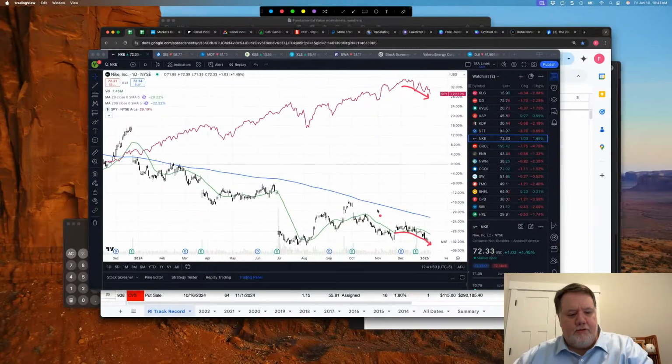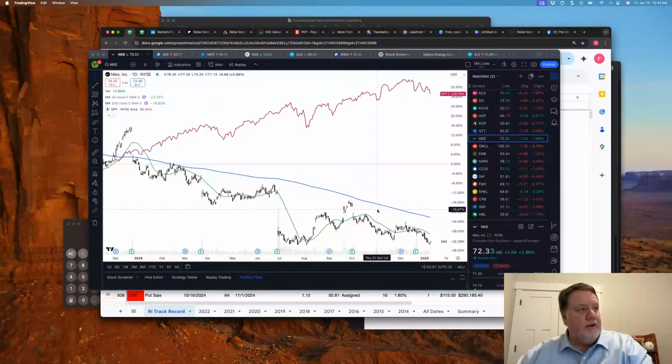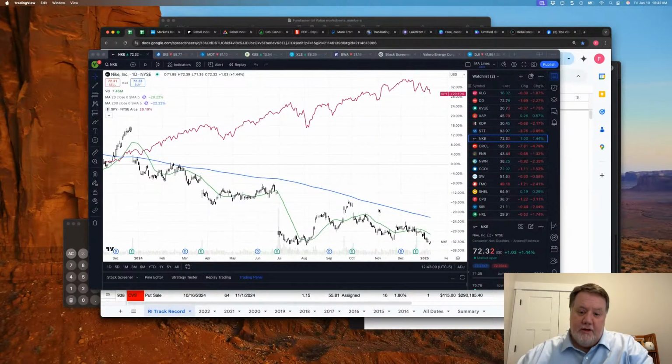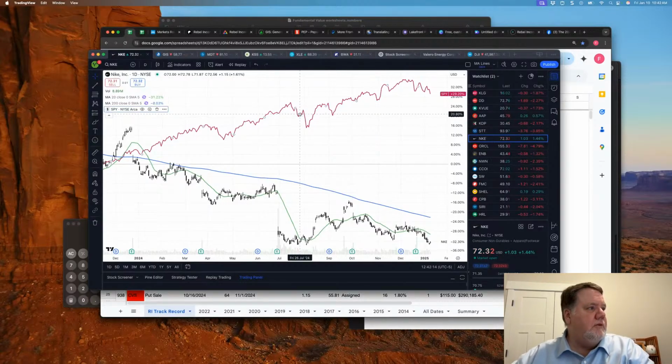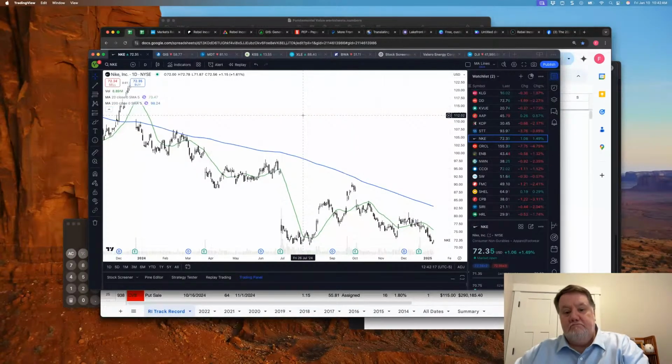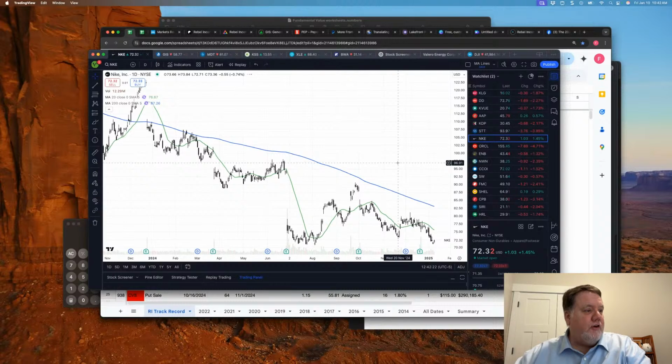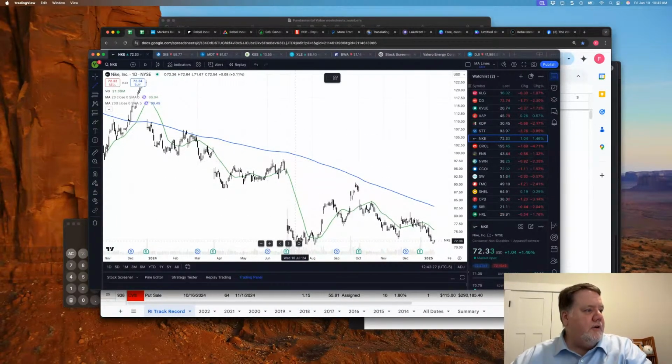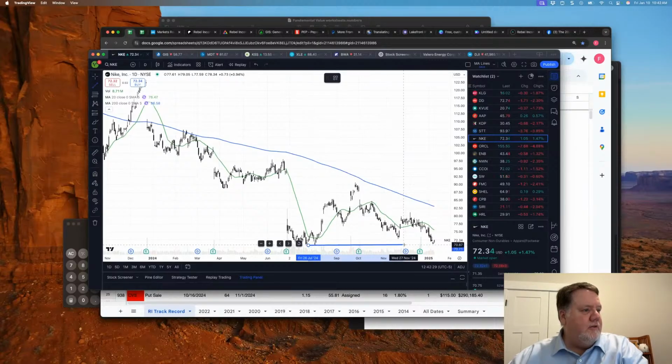So while the longer term trend has been divergent from the S&P 500, the more recent pattern has been very, very much convergent, right? Again, does that mean it's going to continue to drop? I don't know. It should have really strong support down here in this, what is this, 70.5 level.